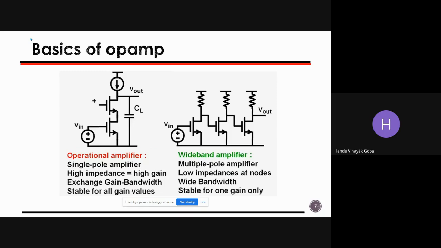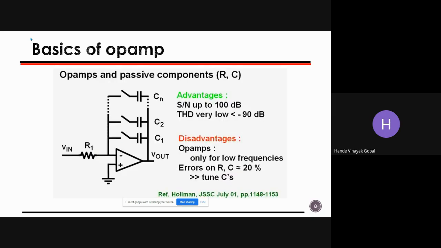And a wide band amplifier has multiple poles at different frequencies, so that you can operate over a wide frequency range. But generally we'll concentrate in this presentation only on the working of an operational amplifier, right? And this is one of the applications of op-amp, and generally we use it for designing a filter,